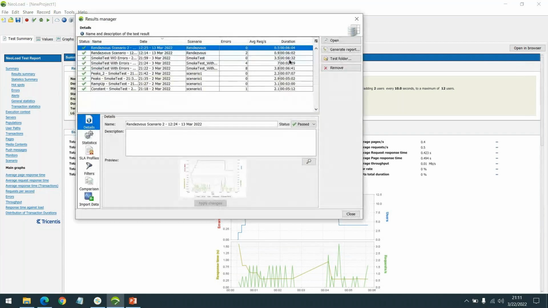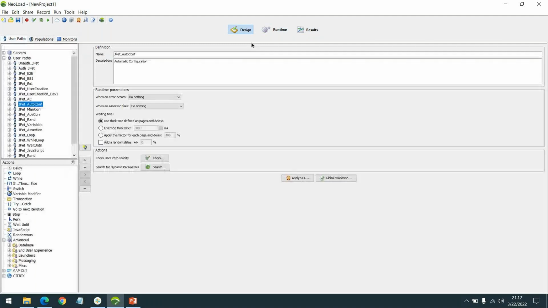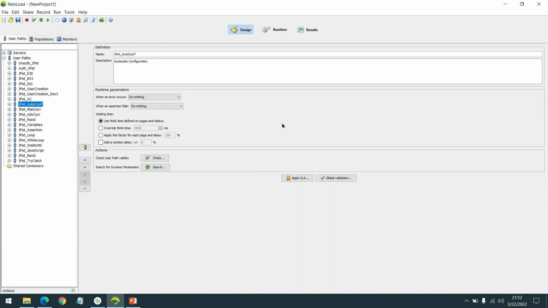If we go here, there are other cool features that we will be discussing in the results manager, such as how to generate a report, changing the statistics, importing data, and so on. This is the entire part. We will not leave any topic which is core and important for us to create the script and then execute it. The complete end to end would be covered, starting from the recording till the execution and even the results analysis. So this is the course content